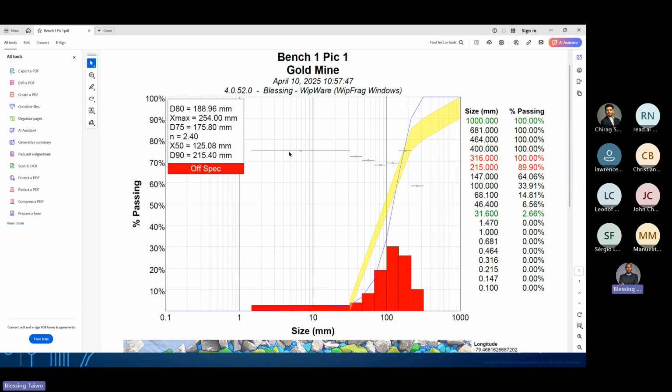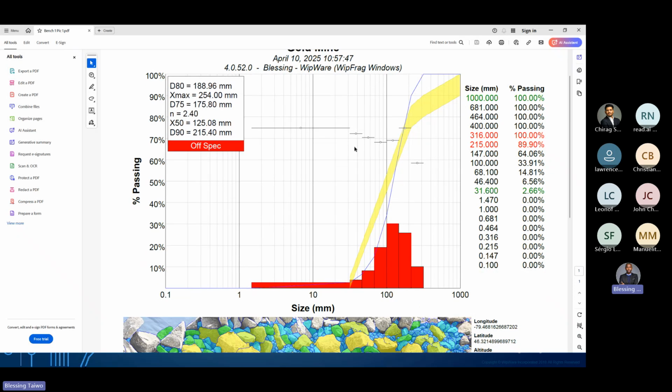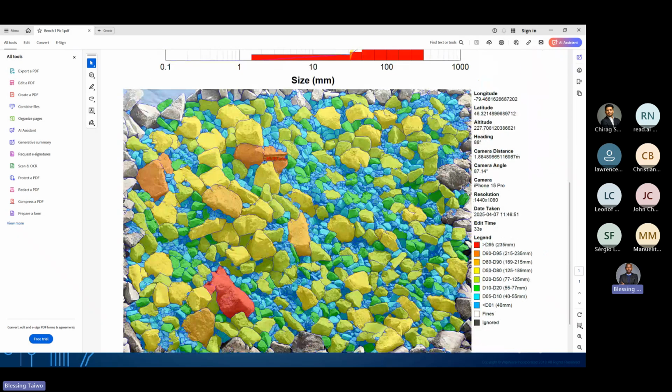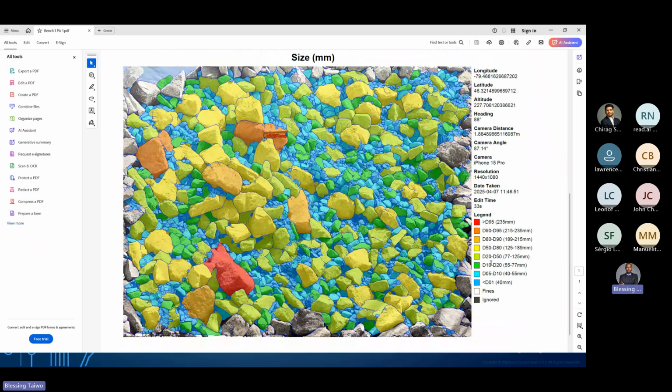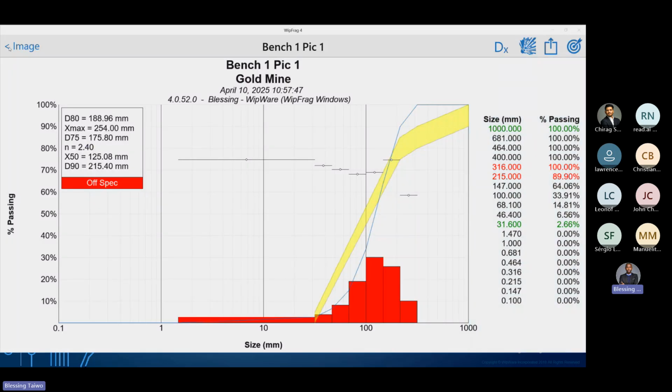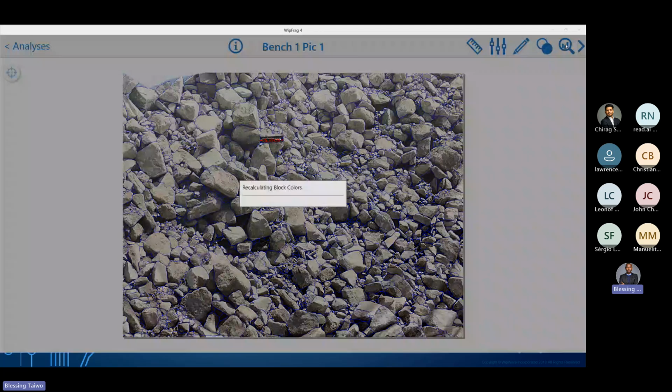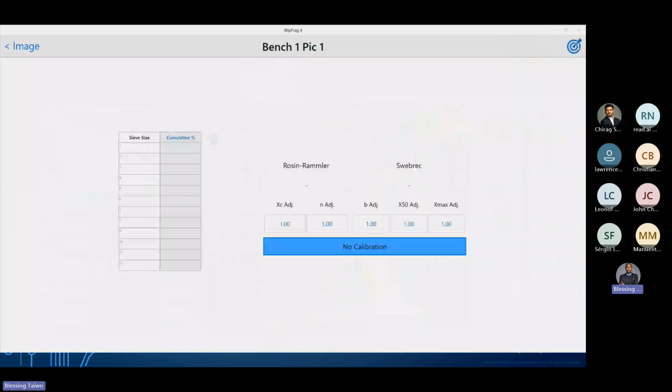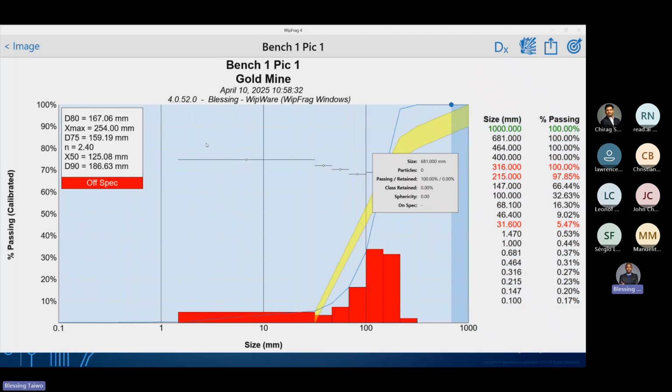So you can see the report will show the name of the mine, the full detail, then the characterization of the material with a legend that you can use to interpret the material. Having mentioned that, you can also apply calibration in a situation where you have fines, that is, you want to account for the hidden fines. Calibration with either sieve analysis results or using empirical equation, flat calibration, that is using an adjustment with a flat calibration to account for hidden fines.